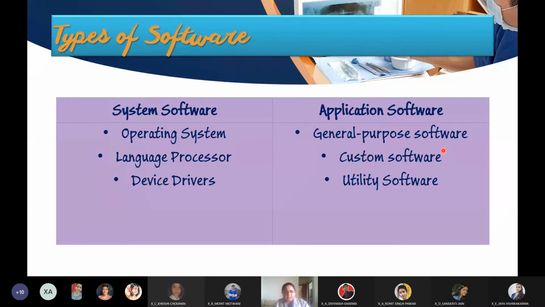Understand the difference? Custom software is software which is created for a particular organization or a company by a software firm. So suppose I have a small company and I want to digitize all the departments. I want that all the departments should be using computers and they should use a proper software for doing that work. For example, hospital management software is there, library management software is there, institute management software is there.